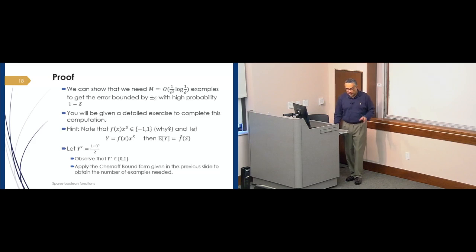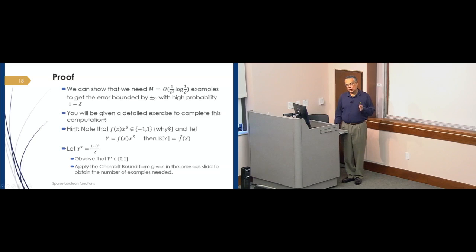So what in particular we are setting out to show is that the number of examples, m, which I mentioned earlier on, is no more than 1 over epsilon squared times log 1 over delta, to be within an epsilon of what you want with high probability of 1 minus delta. This is something that we'll work out in a detailed exercise,